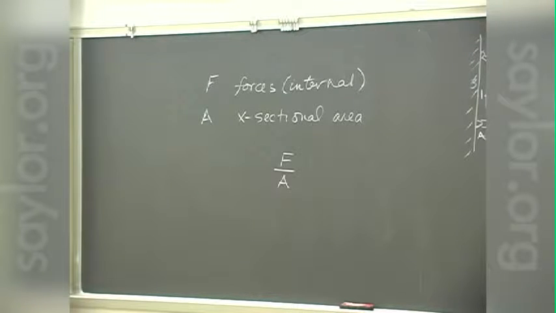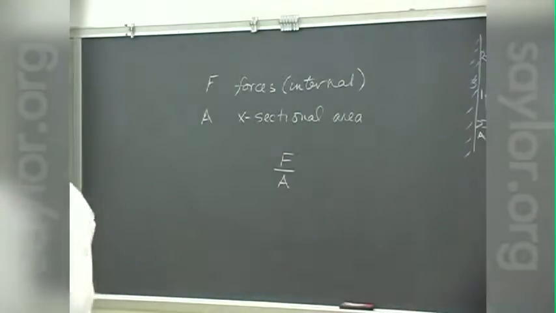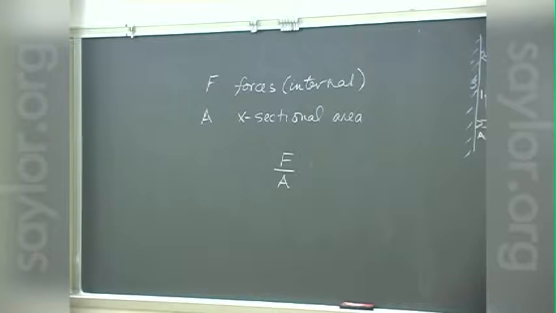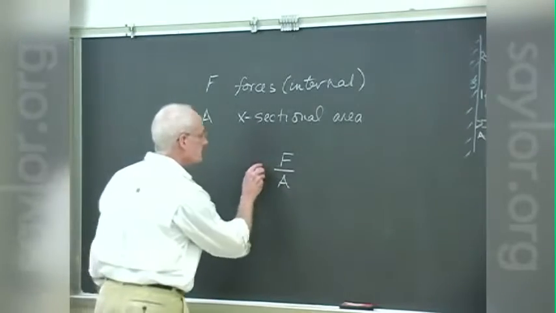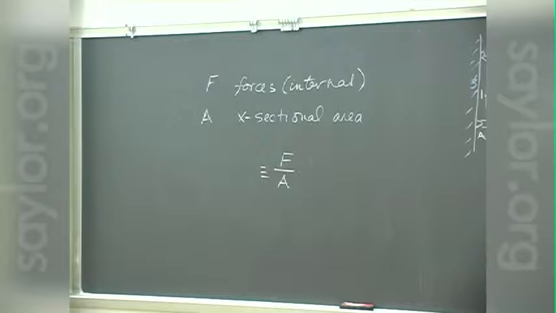And what we're worried about happening in this class is things going to the point where the structure itself fails. Whether the material actually breaks catastrophically, or maybe it just deflects enough that the structure no longer works like it should. It's quite possible that the load could go so high, even though none of the members break, that the structure doesn't do what it's supposed to do in the way it's supposed to do it. So this ratio is very important to us